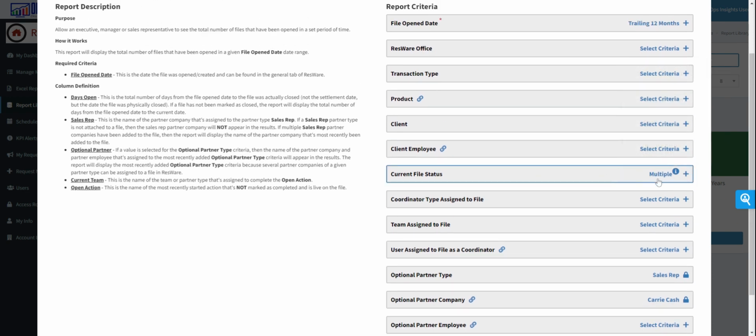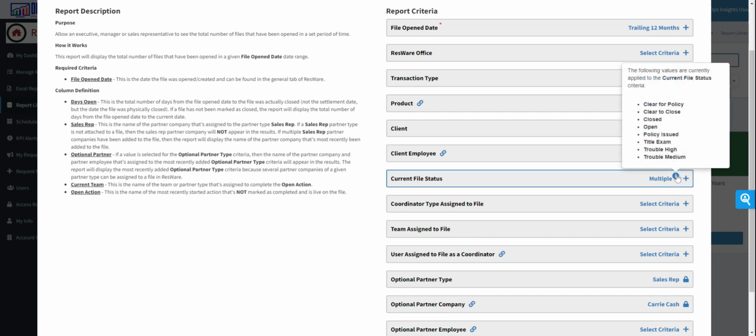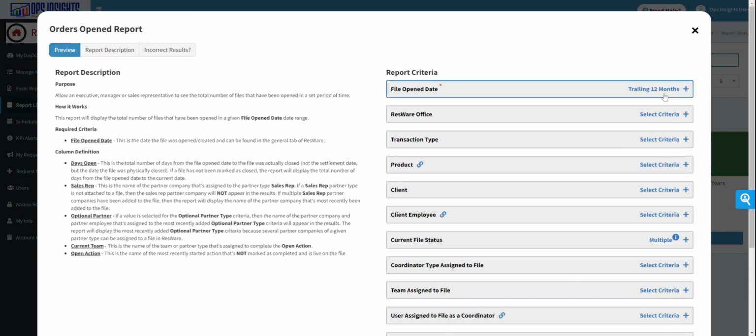We can actually override any selections here on the current file status, and we can do that because it's not locked down. But you can hover over the info icon and you can see the default values that are set on the role level. And again, we won't preview reports because we do have quite a bit of